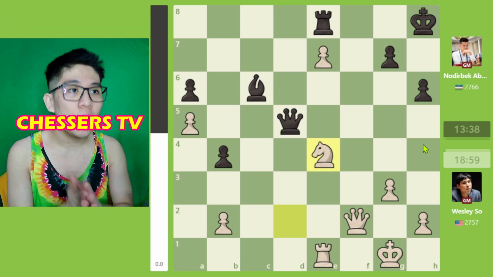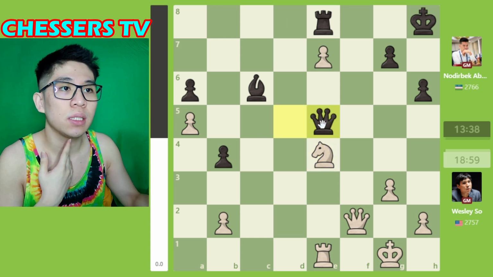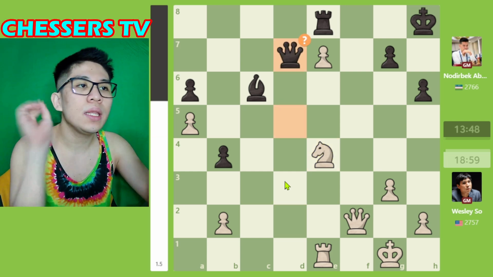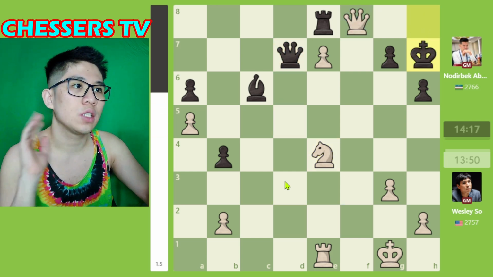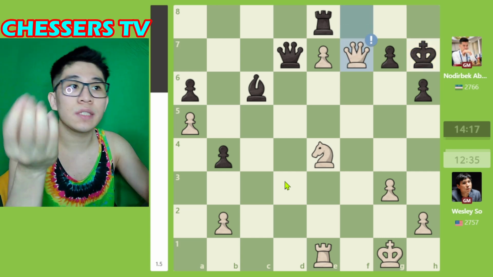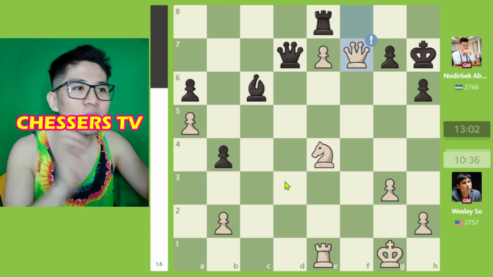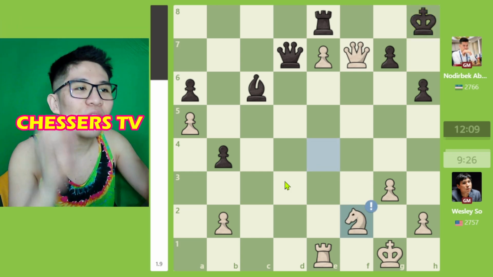The best continuation in this position is Queen E5 to maintain the equal position. So let's continue the game. Queen D7, Queen F8, good move of Wesley So. King H7, King F7, Queen F7, King H8, Queen F8, King H7, Queen F7, King H8, Knight F2, good move